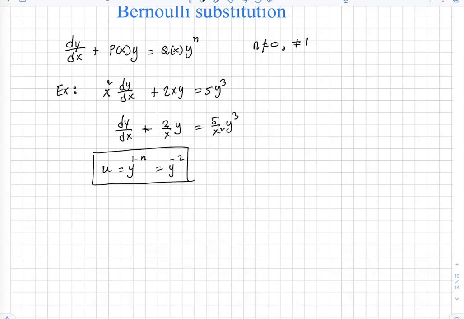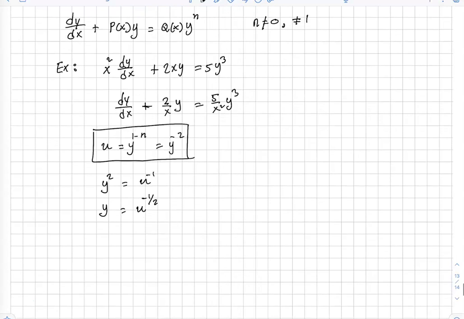Once you know the substitution, you can rewrite it. u is y to the power minus 2. You can say y square is u to the minus 1. And then y is u to the minus half. Then you can replace u with y to the power minus 2, or y with u to the power minus half. Once you have u to the power minus half for y, you substitute back into this differential equation